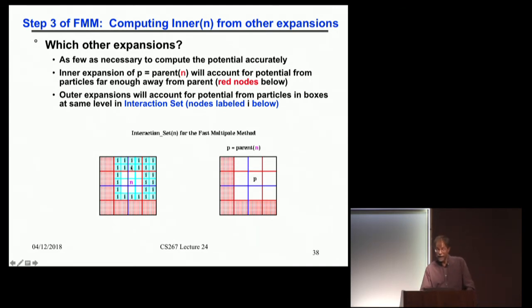How many of these guys are there? Well, it looks like there are a lot of them, but it's pretty easy to figure out. This is a 6x6 box, so there's 36, and then my nearest neighbor is in me, that's 9, so it's 36 minus 9. There's 27 of these things that I have to sum. And in 3D, you can imagine it's a little bit more. Okay, so